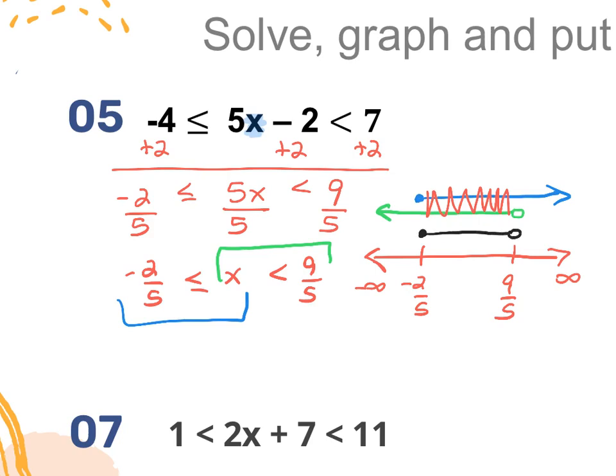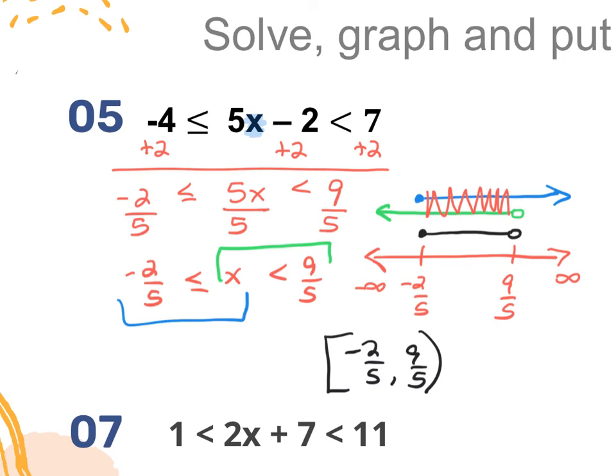So really what we're looking for are all numbers that are in between -2/5 and 9/5. In interval notation, there are no infinities in this answer. It just goes from -2/5 to 9/5. -2/5 gets a bracket, 9/5 gets a parentheses. When you're doing this, you don't need to show me the graph of the blue and the green. As soon as you see it's compound like this, you should realize your answer is going to be a line